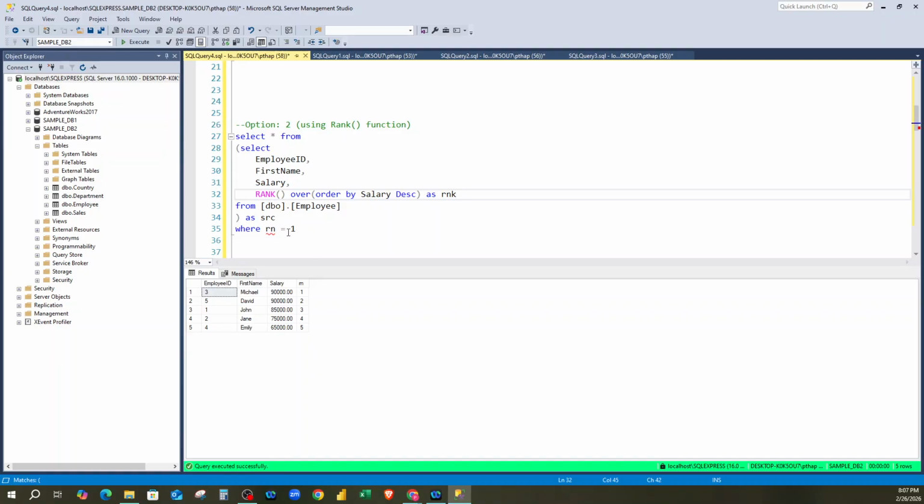So this is a rank, and if I filter this rank, what you will see. First let me show you what rank does here. If I execute this inner part of the subquery, if I just execute this part,